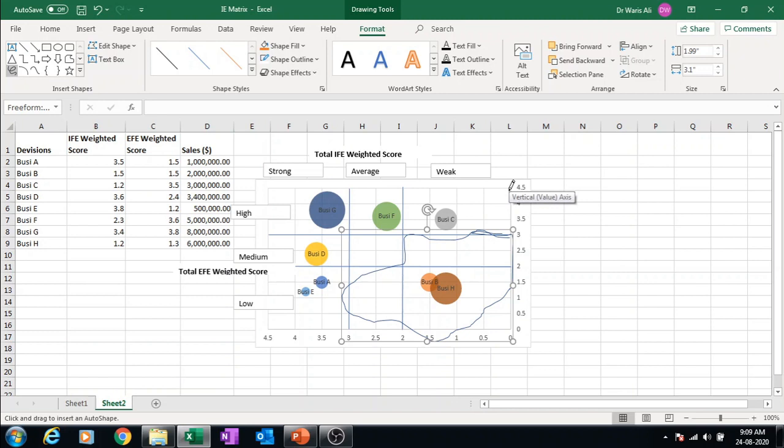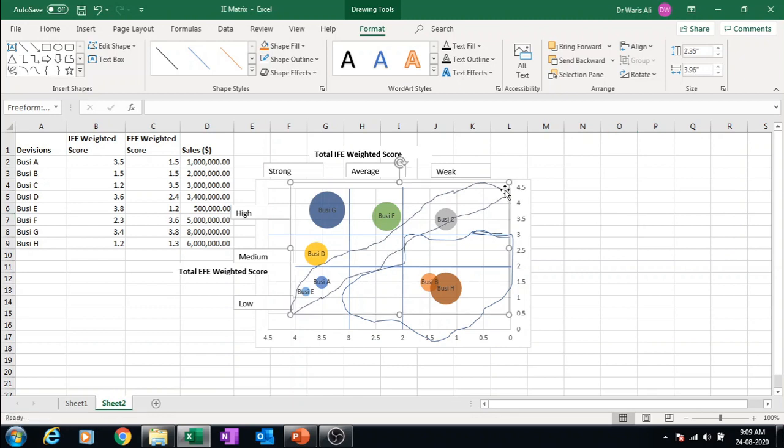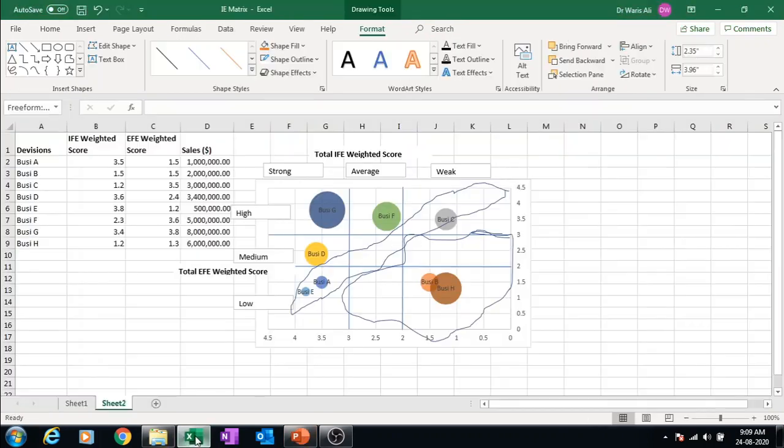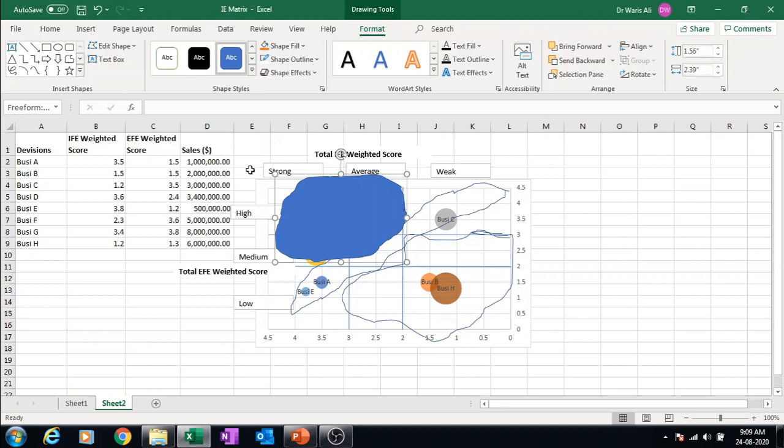We will divest, harvest, or retrench, the divestiture strategy. So this is our second set of strategies, and you can highlight this one. Here we will have product development, market penetration, and hold and maintain strategies. So let's have the third. If our business falls here, this one, sorry,